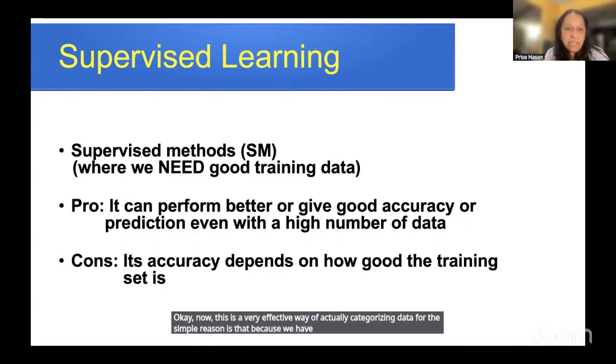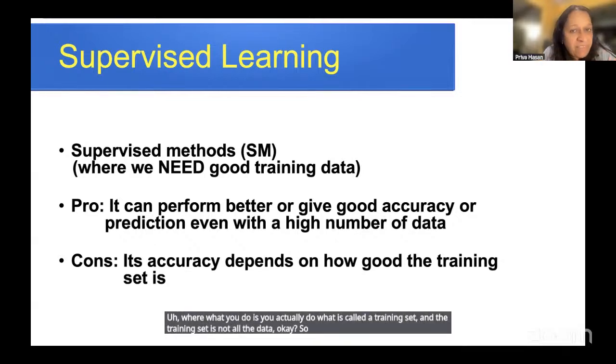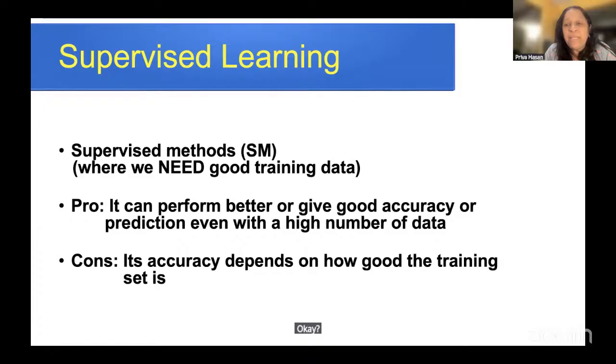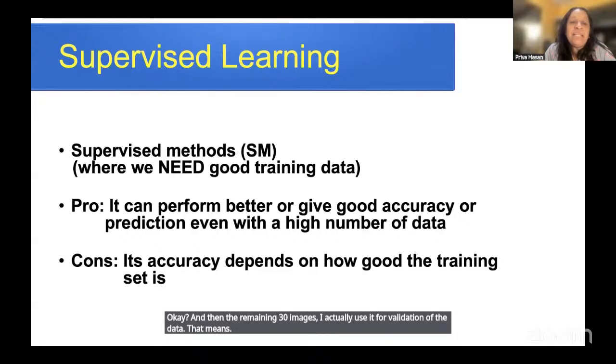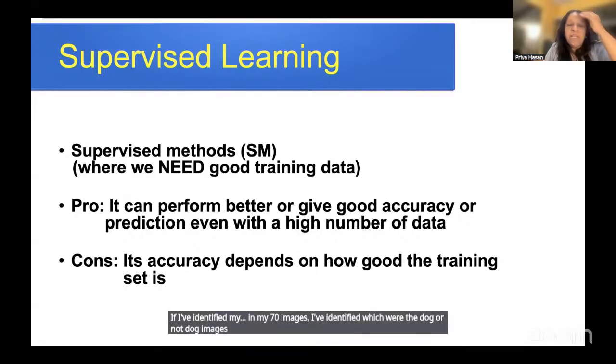Okay. Now, this is a very effective way of categorizing data, for the simple reason that we have labeled data, like we did in the previous case. What you do is you create what is called a training set, and the training set is not all the data. For example, if I have 100 images, I only use 70 images for the training data, and the remaining 30 images I use for validation. That means if I've identified in my 70 images which were dog or not dog images, then for the remaining 30, for which I know the answer in advance as to which are the dogs and which are not dogs,